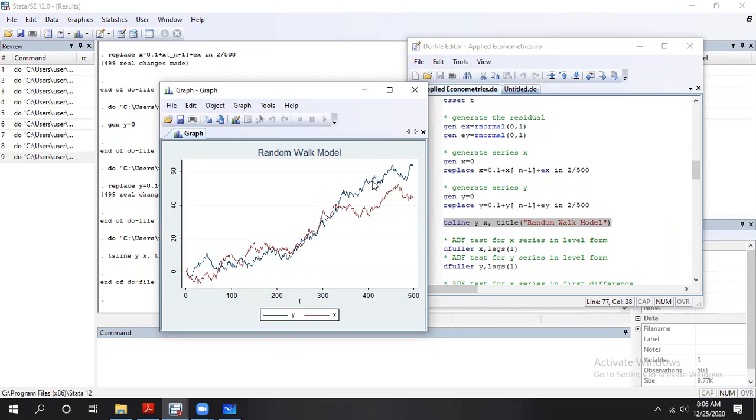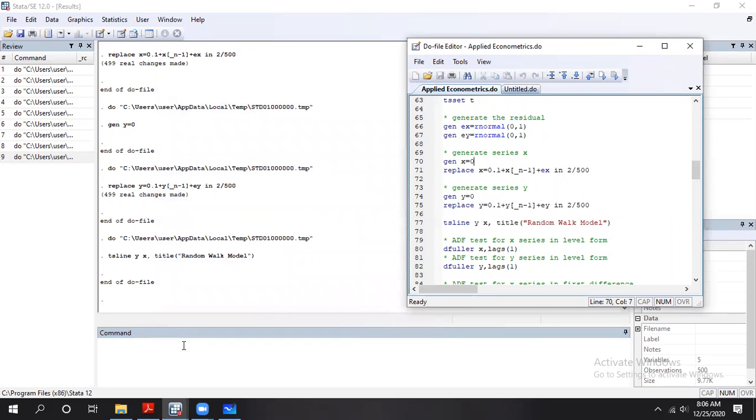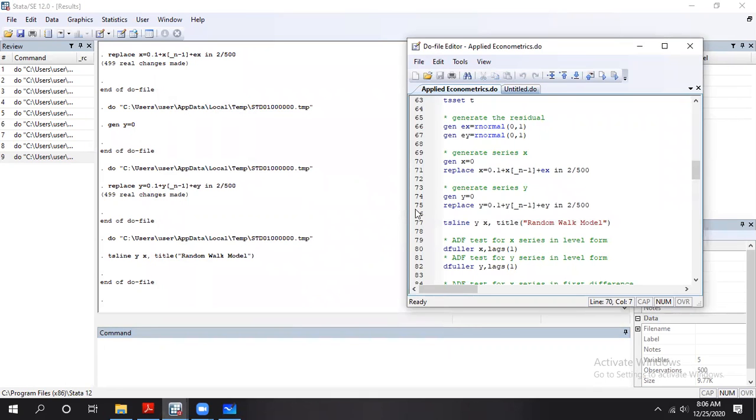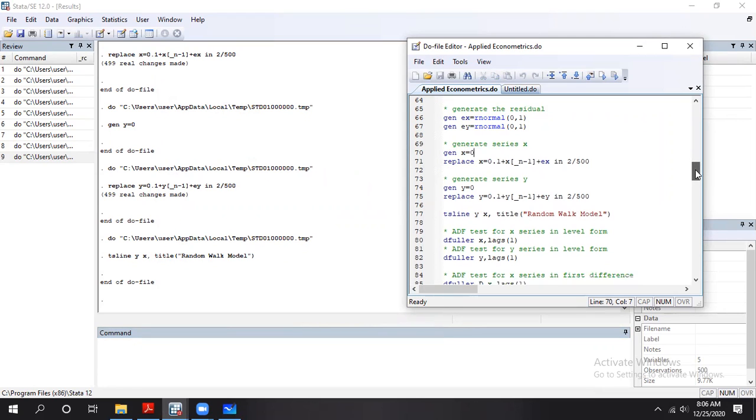Of course, when we regress these 2 time series, we suspect that the t-statistic is not significant and R square is very low, because these 2 variables are independent. We generated them independently, so there is no correlation between the y and x. Before we regress this model by OLS, let's test the unit root of these 2 variables.